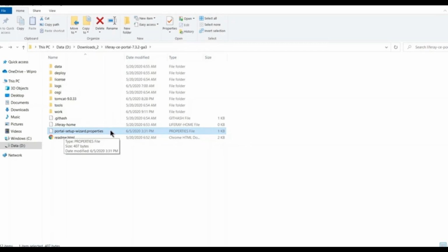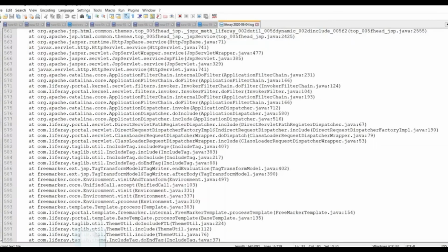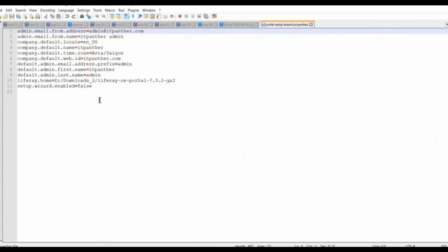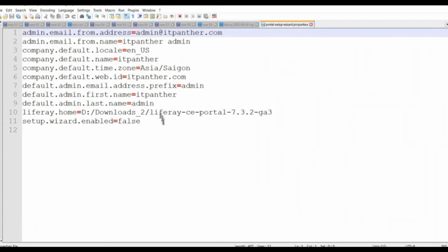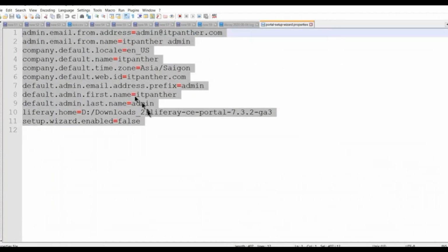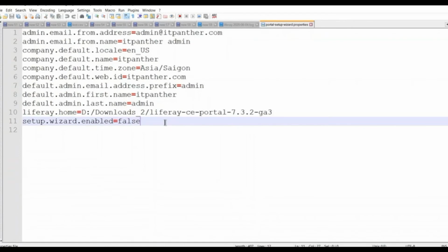Whenever you log into Liferay for the first time and you do some basic configuration, like setting up your user for the first time and providing email and other settings, and also if you change the database while configuring Liferay for the first time, all of that information is going to get recorded in this properties file. If I open this properties file in a notepad editor, you can see these are the options which we have, because these are the ones which we set up when we logged into Liferay for the first time.